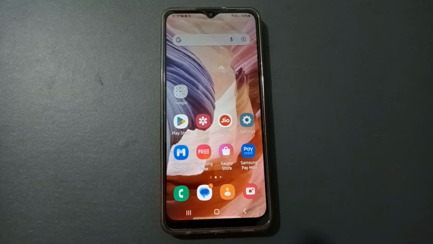Hello friends, today in this video I'm going to show you how to set full screen gesture on